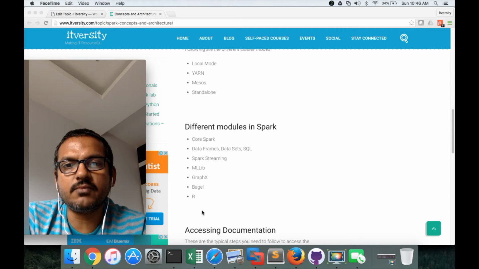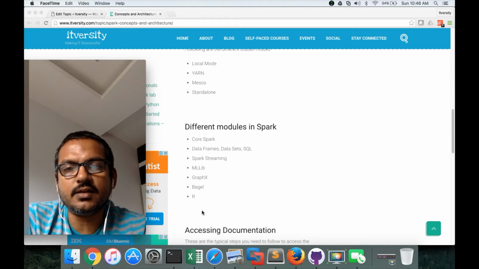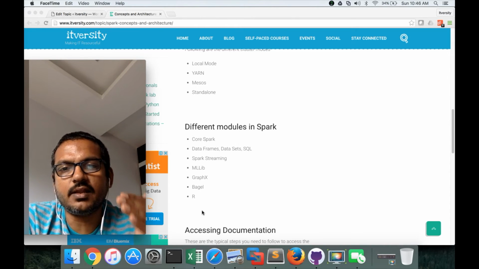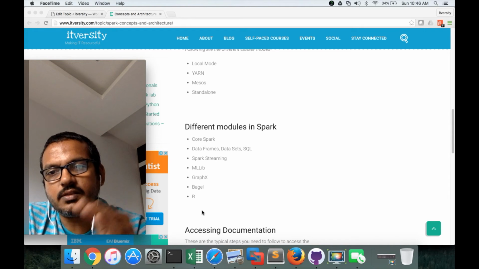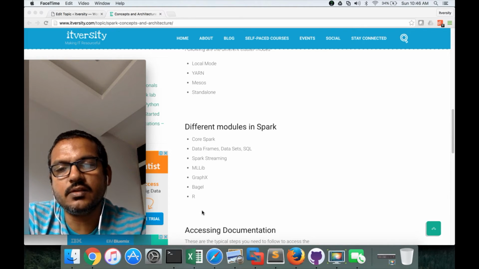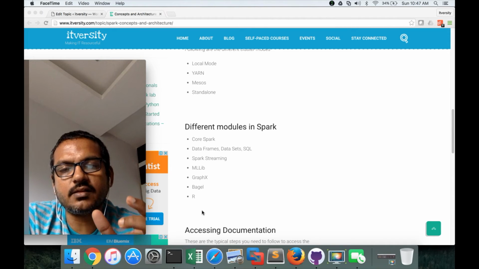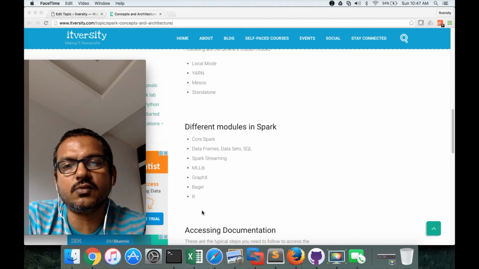Using DataFrames, Datasets or SQL, you can define the structure on the data programmatically at runtime, and then you can invoke SQL queries on top of those structures defined as DataFrames. You can register those as temporary tables and write SQL queries on top of them. So that's where the DataFrames, Datasets, and SQL module comes into the picture.